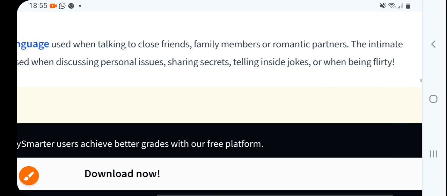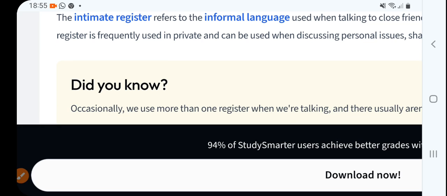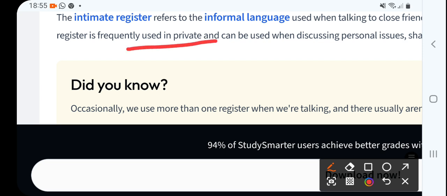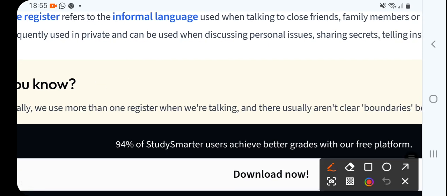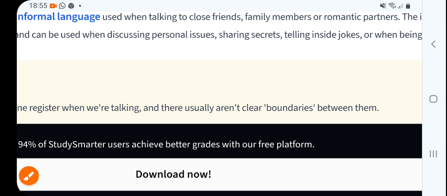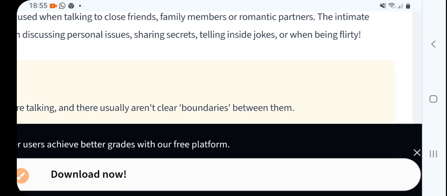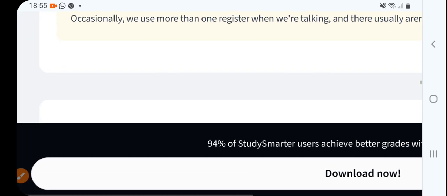Then intimate register is frequently used in private, and can be used when discussing personal issues, sharing secrets, telling inside jokes, or when being flirty, whatever. So that is intimacy. Now